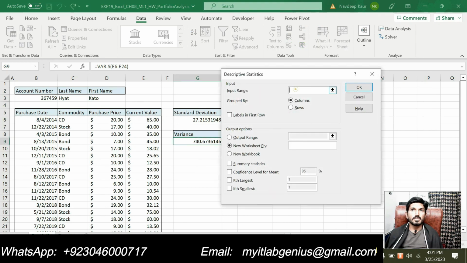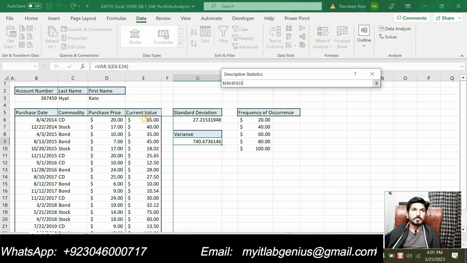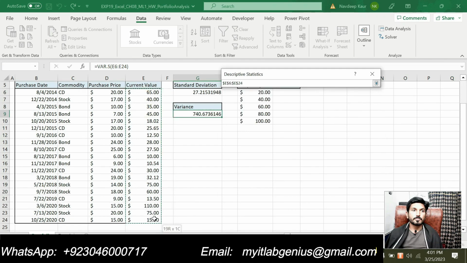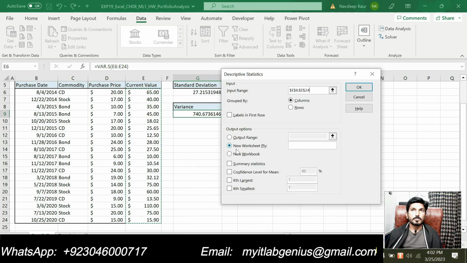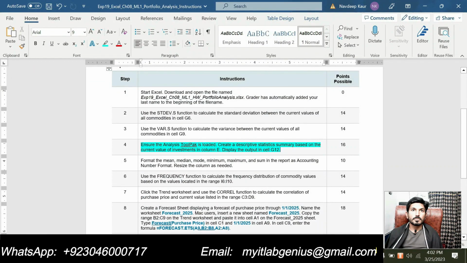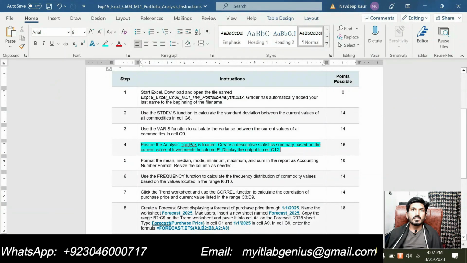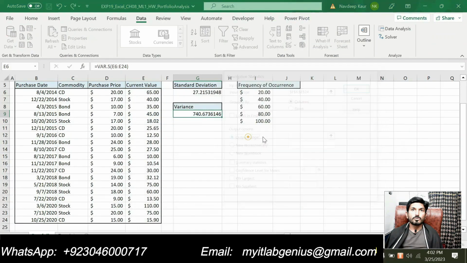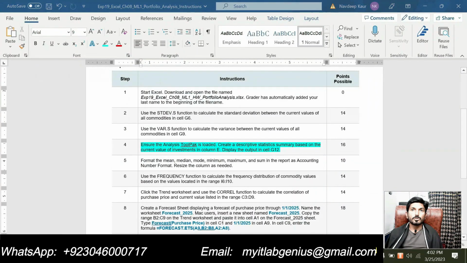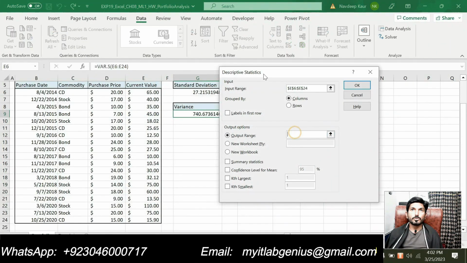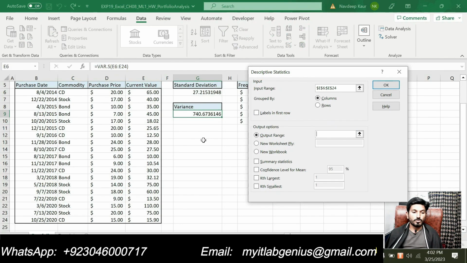So input range will be the current values. And it is saying that display the output in G12. Output should be in G12. So we will click on